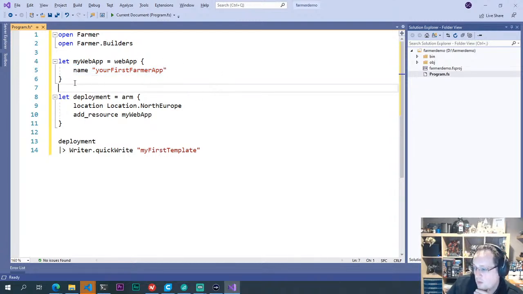So we're creating a web app. Then we've got this concept of a deployment. If you were writing an ARM template, you generally wouldn't specify the resource group in the template unless you were creating a resource group. You would specify that at the command line when you run the deployment. But Farmer lets you actually run the deployment from inside